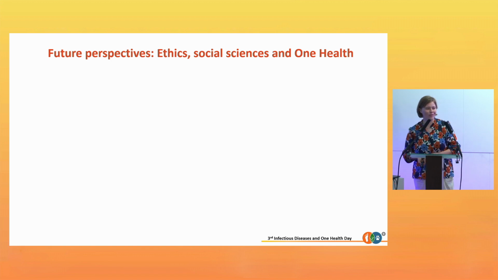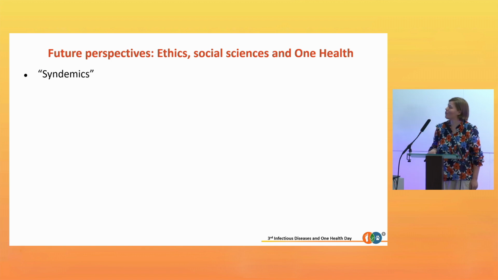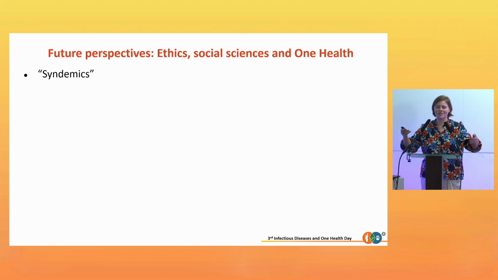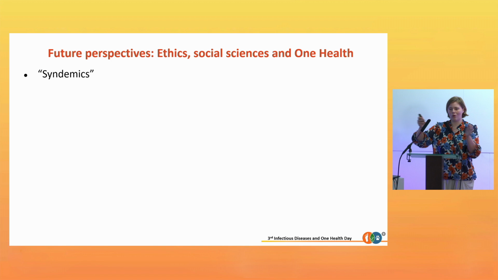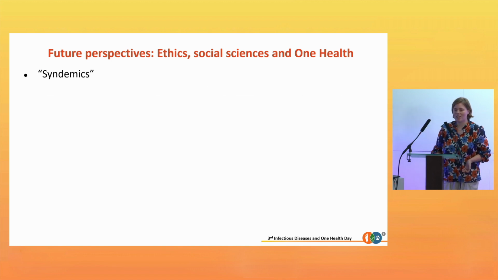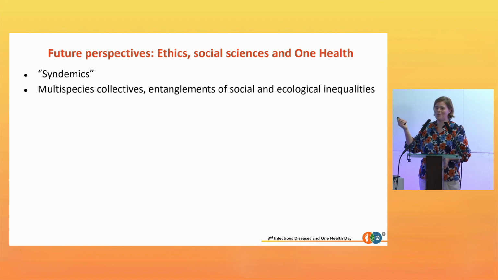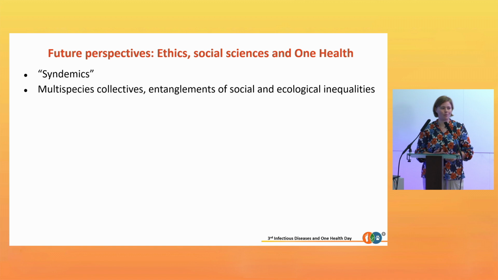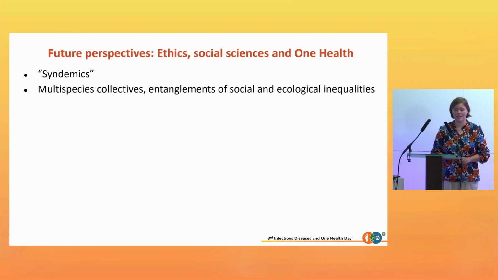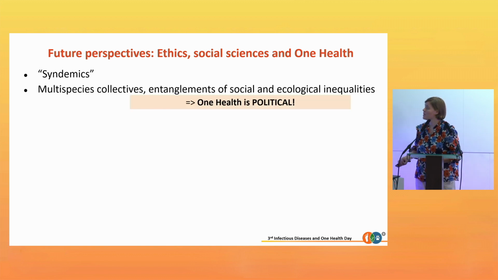So all of those diseases are what they call syndemic, so they're all co-endemic in the same settings. And this is not by chance. This is because those people face social and ecological inequalities. And this is not just the people, but it's also the animals that live with those peoples, and it's their environment that is infected by those diseases.